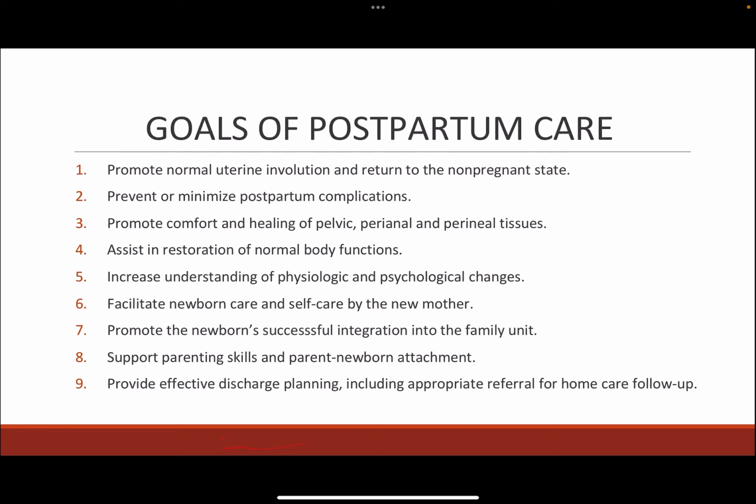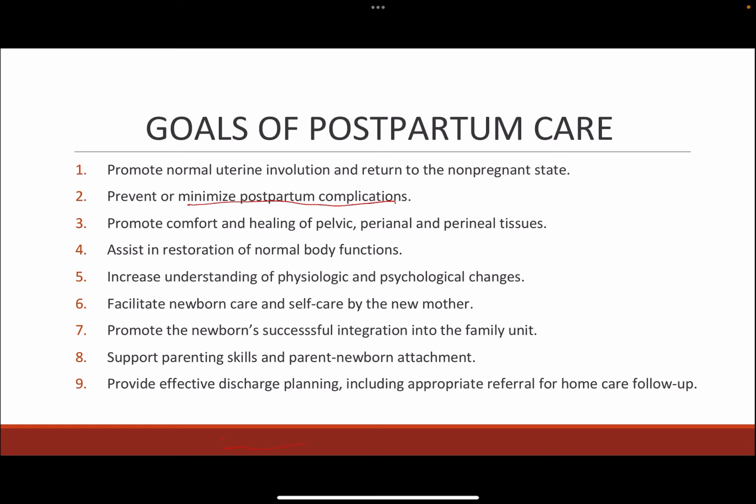So the goal of our postpartum care is to promote normal uterine involution and return to the non-pregnant state, and also to minimize postpartum complications, since we have the patient from the delivery and then down to the postpartum. We also have to promote comfort and healing of the pelvic or perineal tissues, and assist in restoration of normal body function,